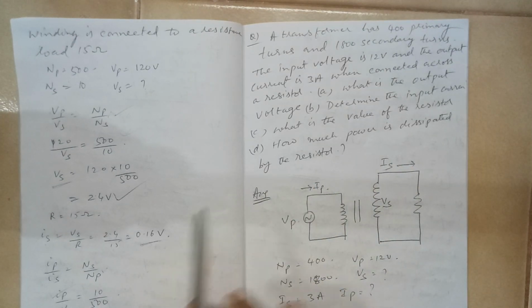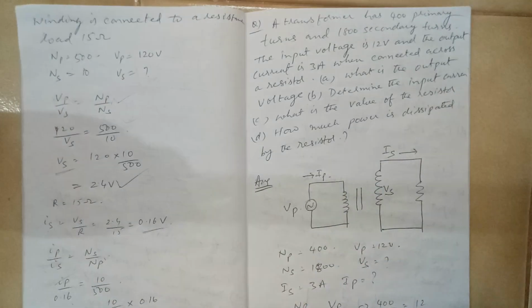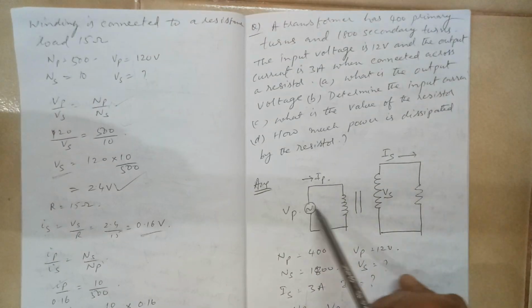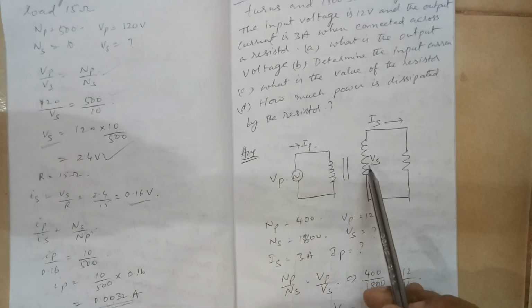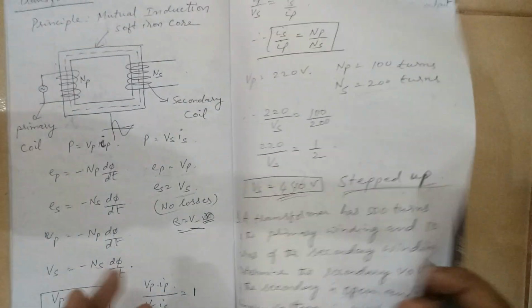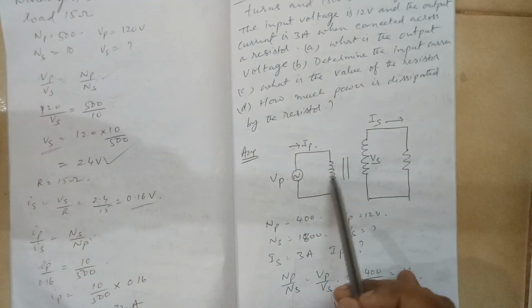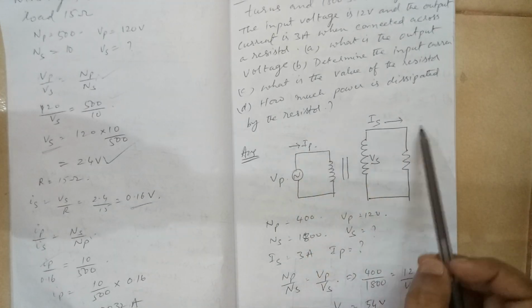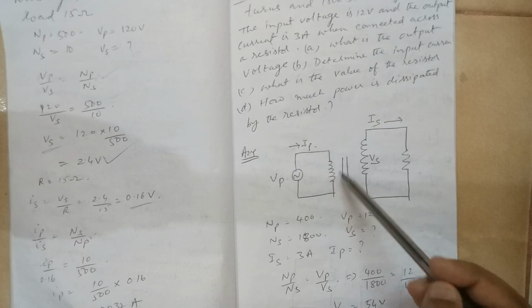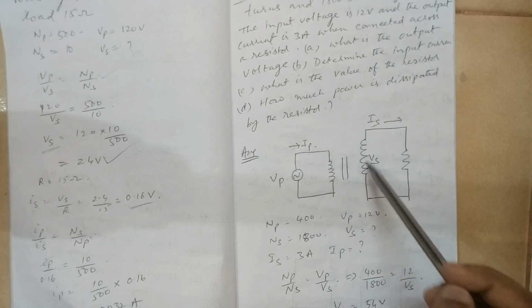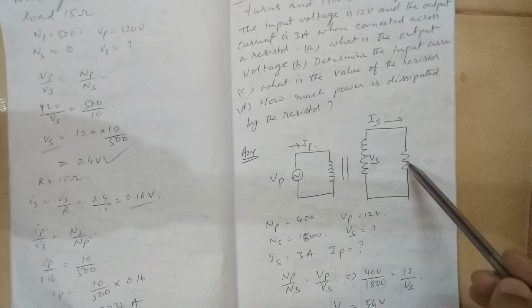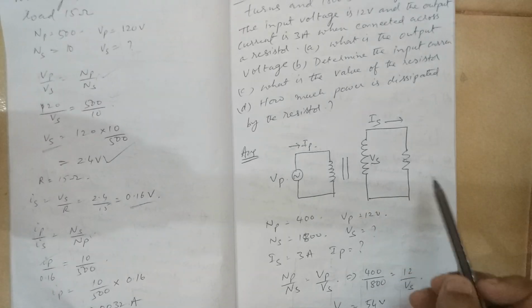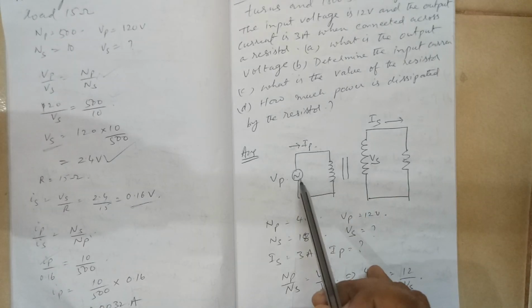Whenever this type of question is given, first write all the data, whatever is given, and draw a small sketch. So here I have drawn this diagram. It can be drawn like this also. This is my primary setup, secondary setup. The current here will be primary current, secondary current. These are the coils acting like an inductor, and this is the external load resistance. Here there is an alternating source.